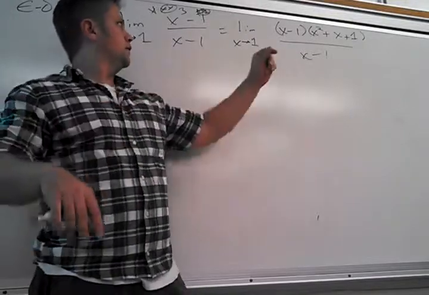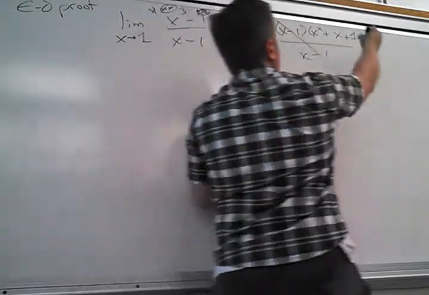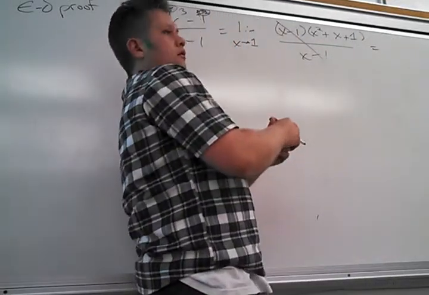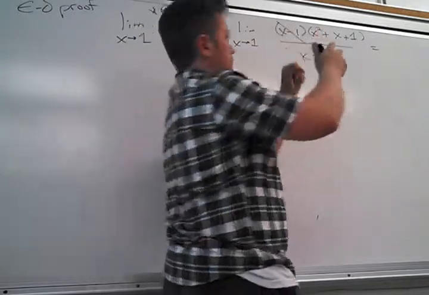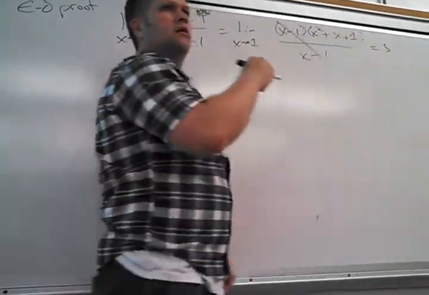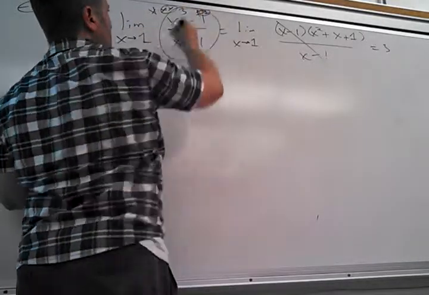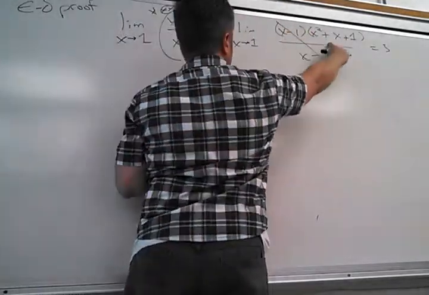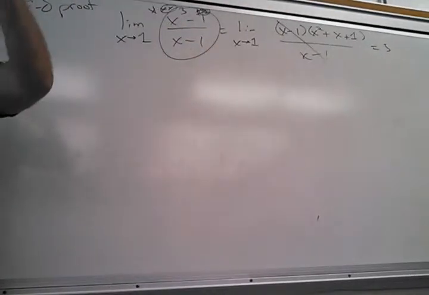Okay, enough of that. So, of course, what can I do there? Those go away, and what do you get then? X squared plus x plus 1. I like it. So the limit as x goes to 1 is 3. Which means, if I wanted to graph this thing, it looks like this, except at 1. Of course, there's going to be a hole there at 1.